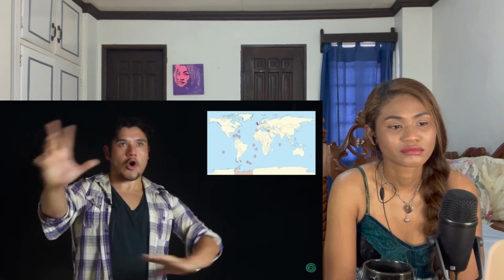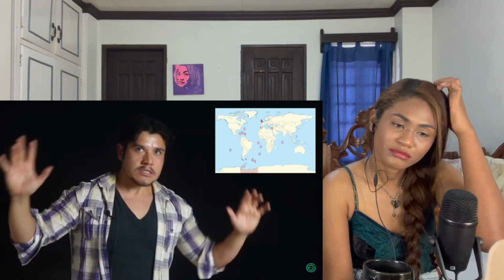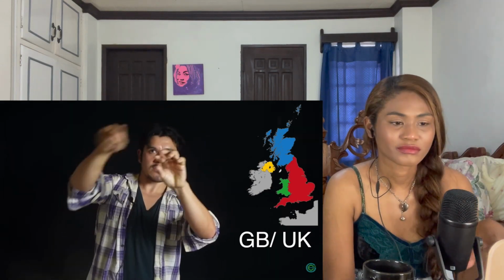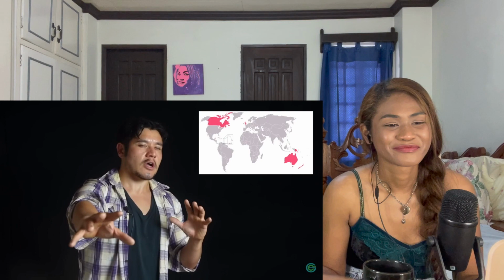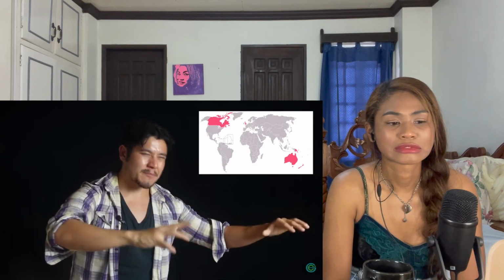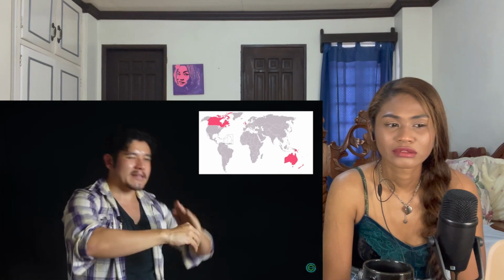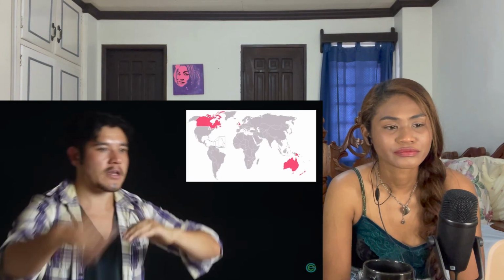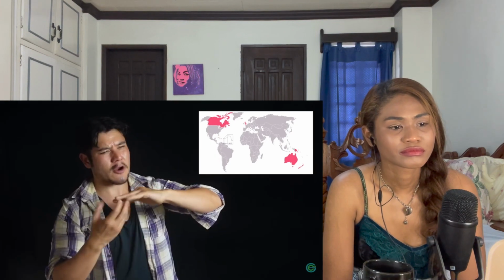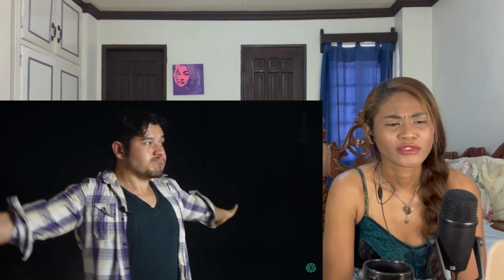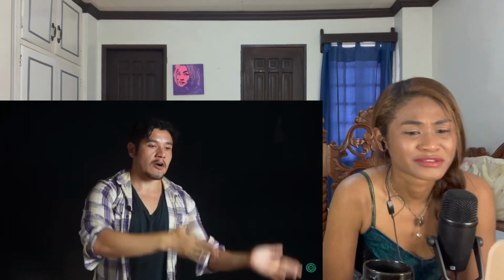That's basically all of the UK overseas dependencies and territories: 3 crown dependencies, overseas territories, Great Britain, which has 3 constituent countries, plus Northern Ireland, which collectively makes the UK. It's a lot. And we're not even gonna get into the Commonwealth realm because that's a little bit irrelevant, but it's kind of tied into the UK because they were former colonies, but then they still maintained a little bit of a tie to the UK, and they still claim the UK monarch as their technical head of state, but the monarch doesn't have power over them. But hey, it's so confusing. That's basically how you break it down.